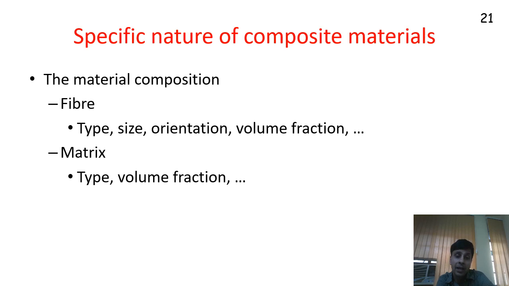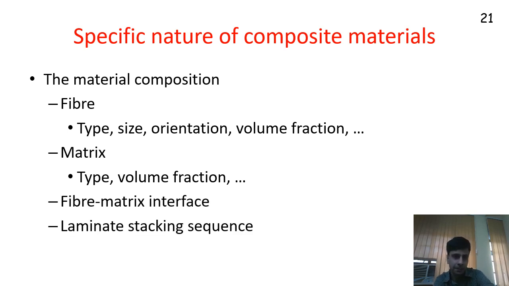For example, if you look at polyamide, polyamide has property variation from about 1 gigapascal to 5 gigapascal. So not only do you need to know that it is polyamide, you also need to know which blend of polyamide. There is large variation. Then there is the question of fiber matrix interface. Did the fiber and the matrix glue to each other properly? And you also have to account for